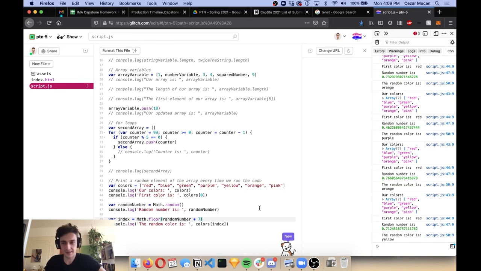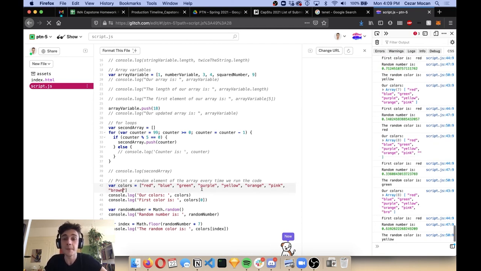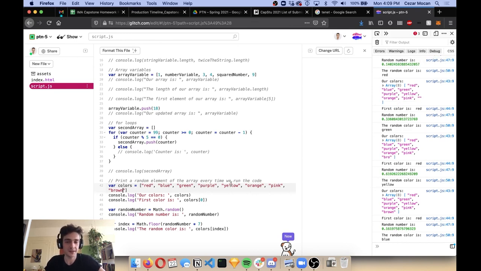And the last thing that we should do to this piece of code: right now we multiplied it by 7 because we know that the length of our array of colors is 7. However, this array might change, right? We might decide to add another color. Oh man, I don't even know. Brown. Yes, there we go. Brown is another color. Right, so now we have 8 colors in total, but our random color only works on the first 7. So we should replace this 7 with the actual length of the array, which we can get by just calling